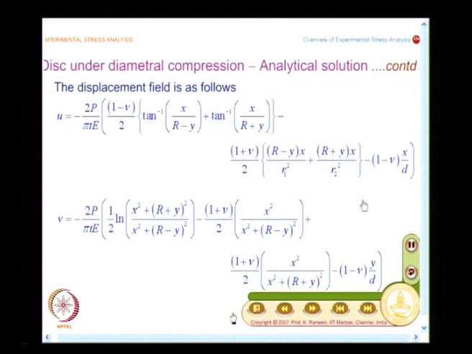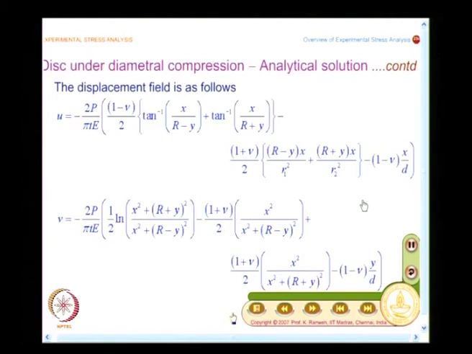And obviously, it is very difficult to visualize what could be the nature of the displacement field by looking at this equation. If you have to plot, you have to go to a computer software, plug in these equations, have a plotting software to cull out the numbers, collect them and then draw the contour. On the other hand, I take the model, I put it in the appropriate optics, I get stress information, I get displacement information. The moment you want to go for strain, right now we do not have a technique which will give a whole field strain information.